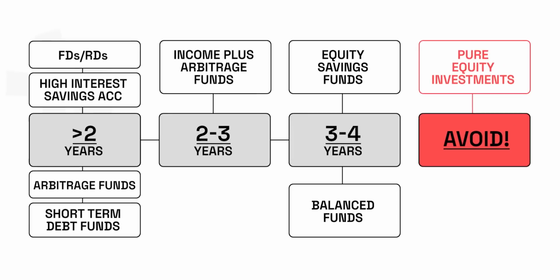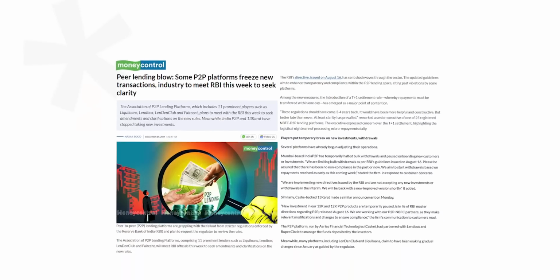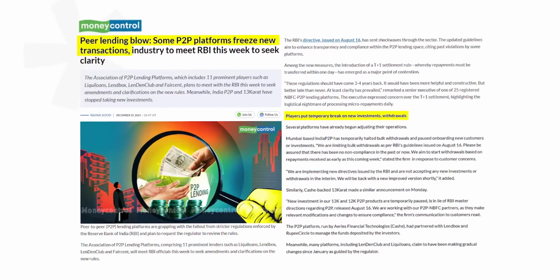The second place you should absolutely avoid investing for any kind of a goal, no matter short term, long term, are P2P loans or P2P lending. These are very risky and they offer between 8 to 12, even 15% returns depending on the platform and where you're investing. But there is always the chance that you would lose your principal, right? The amount that you've invested, because it's actually very risky. There have been instances in the past couple of years where P2P platforms have actually stopped people from redeeming their own money, right? So that's how bad it can get. So just imagine your money getting stuck, not able to withdraw it, and it just becomes a whole big mess.